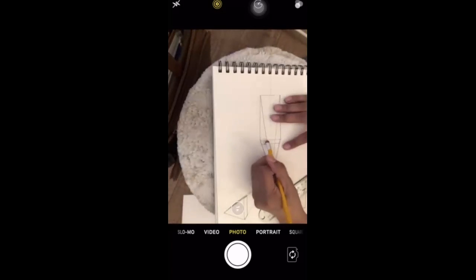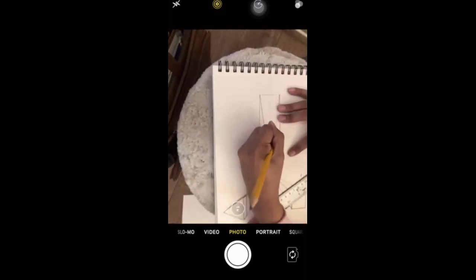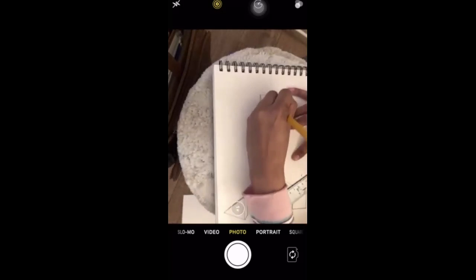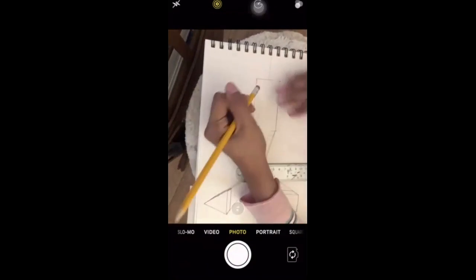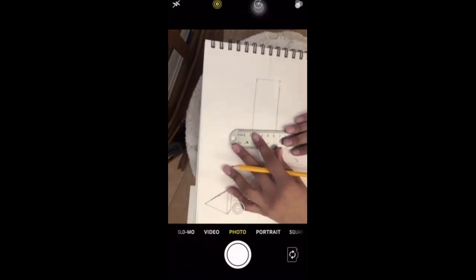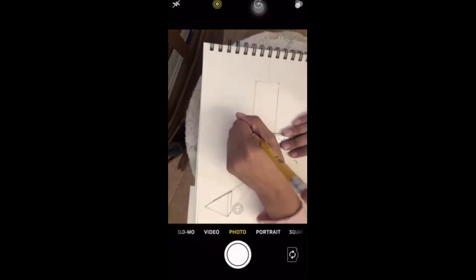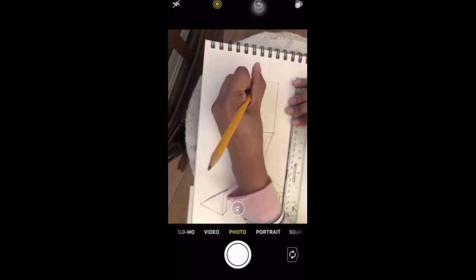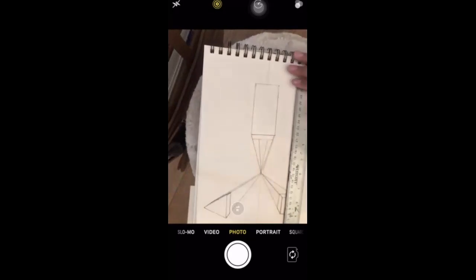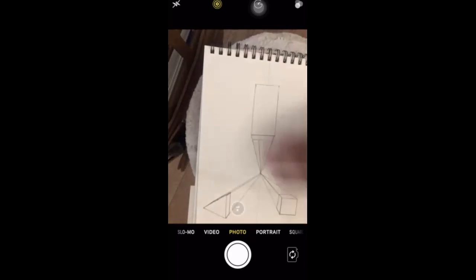Okay, and then we're going to erase the unnecessary markings. Okay, and once we're done with it,